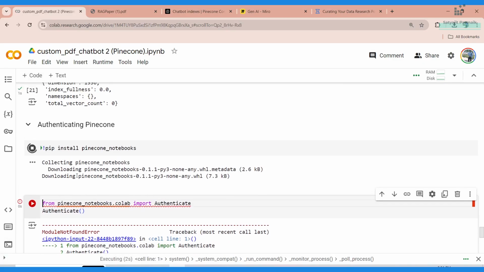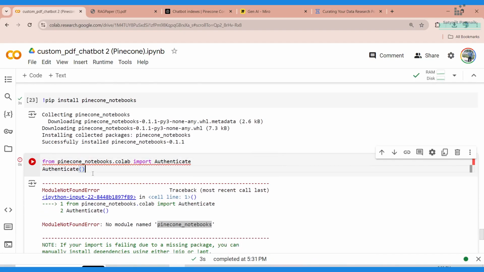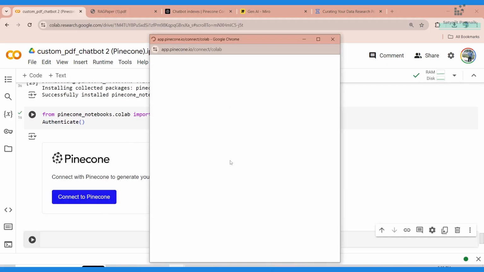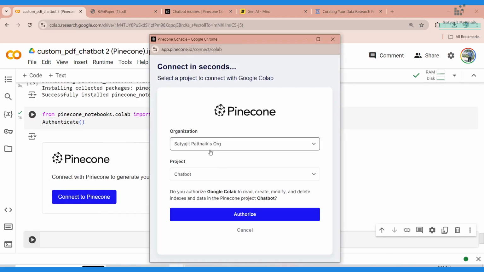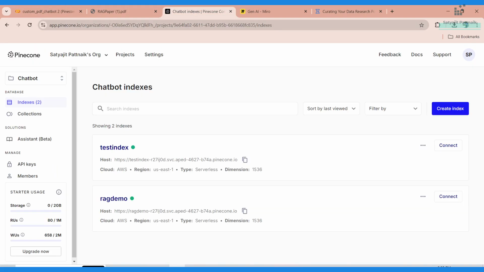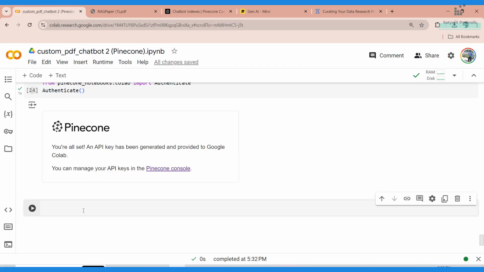Yeah, done. Now authenticate. We should be able to get the Pinecone. I will be able to authenticate using the same account that I'm using here, and then I'm able to authenticate. All set. Now from LangChain Pinecone import